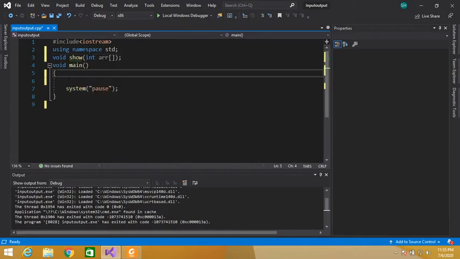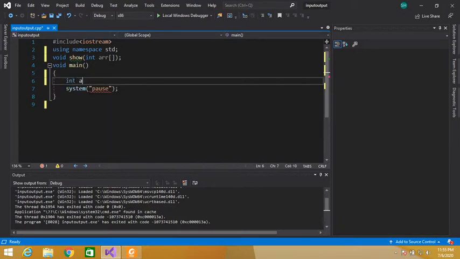Now here in the main function, I will declare an int array of length, let's say 5, and a variable i.